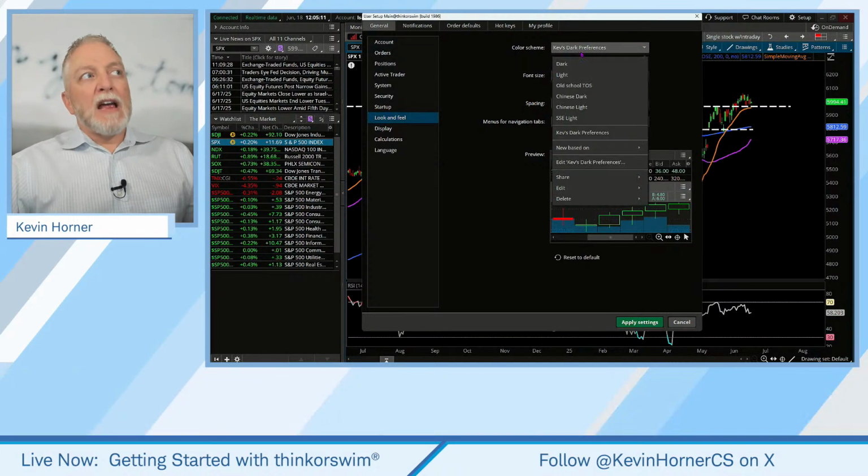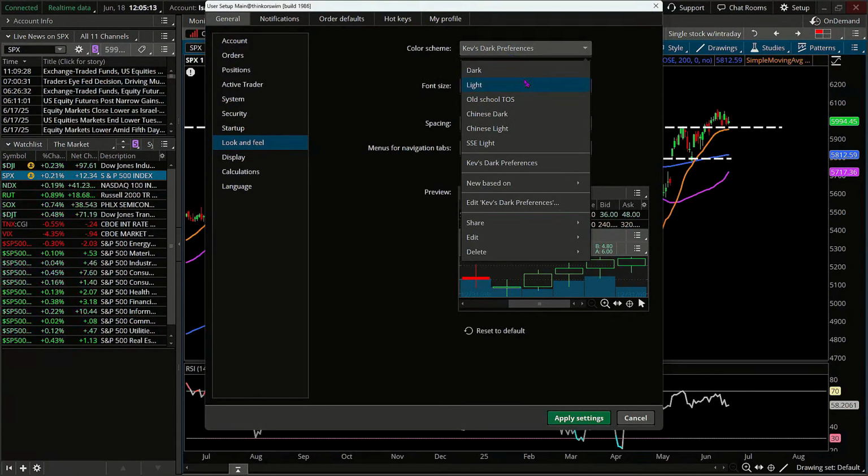And I've got it already saved as Kev's dark preferences, but you can start from our default dark. You can start from the Chinese dark if you want, and then go through the process of editing some of those details. I, again, think you'll find yourself having a lot of fun getting this built the way that you'd like. Now, maybe you're not going to have fun doing it. I had a blast. I found the freedom of the color pinwheel and palette at my fingertips to just be awesome. And I played with it for a while just to make sure that I was getting access to everything and I knew all that I had at my fingertips.